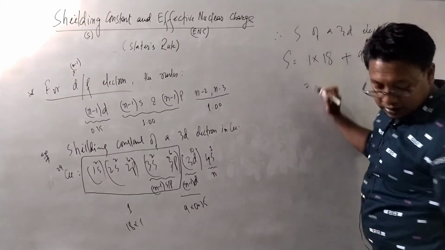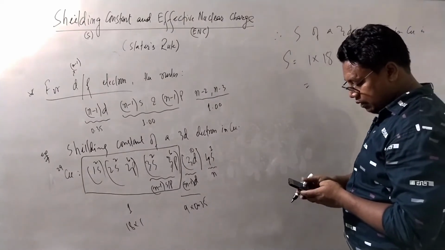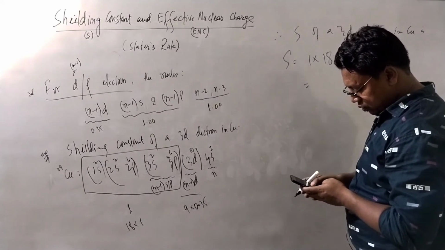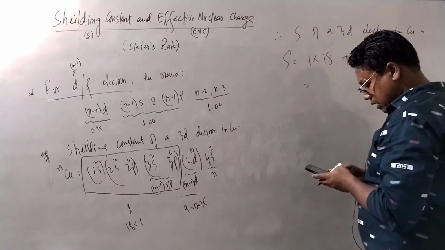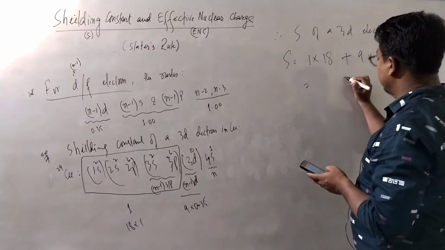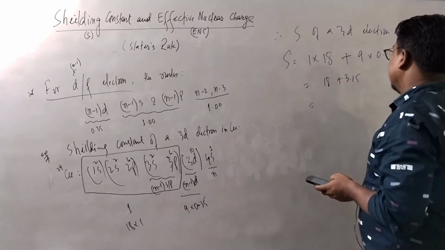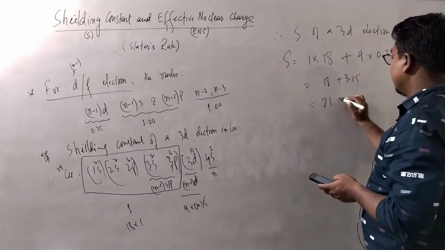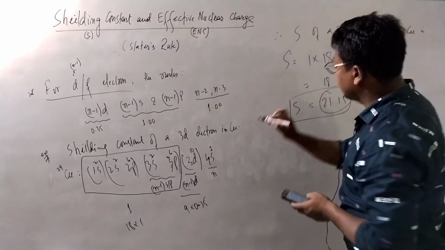Let me calculate it: 9 into 0.35 gives 3.15 plus 18 means 21.15. So this is the value of the shielding constant of an electron in 3d subshell,